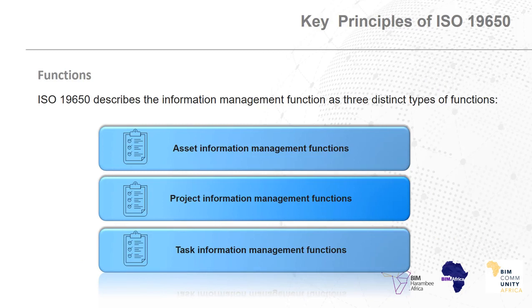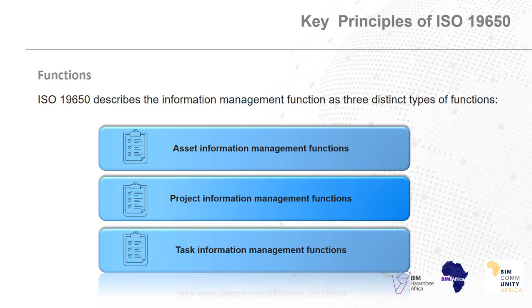Another principle to understand within the ISO is the term function. A function is a set of tasks or activities to achieve an objective. Functions should be allocated to one or more individuals, either embedded within the appointment through a schedule of services or by more general obligations. There are 3 types of functions, and it is essential that these functions are formalized in